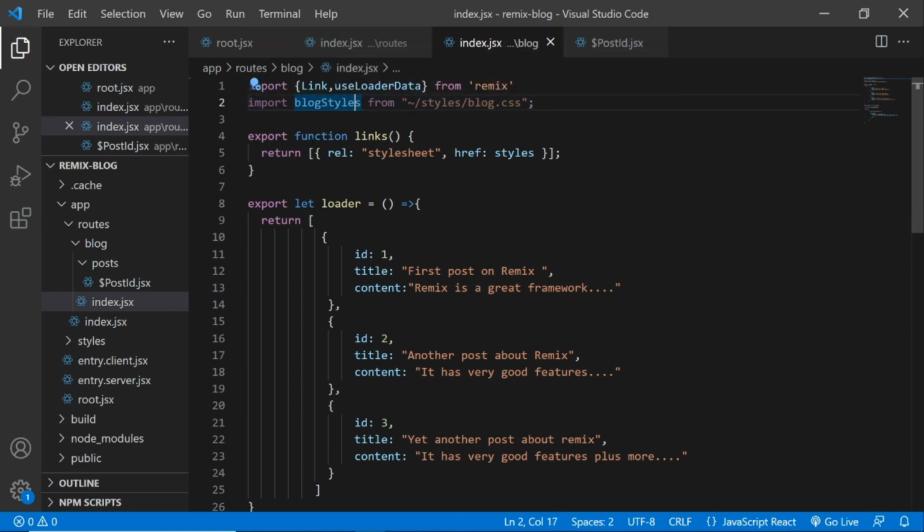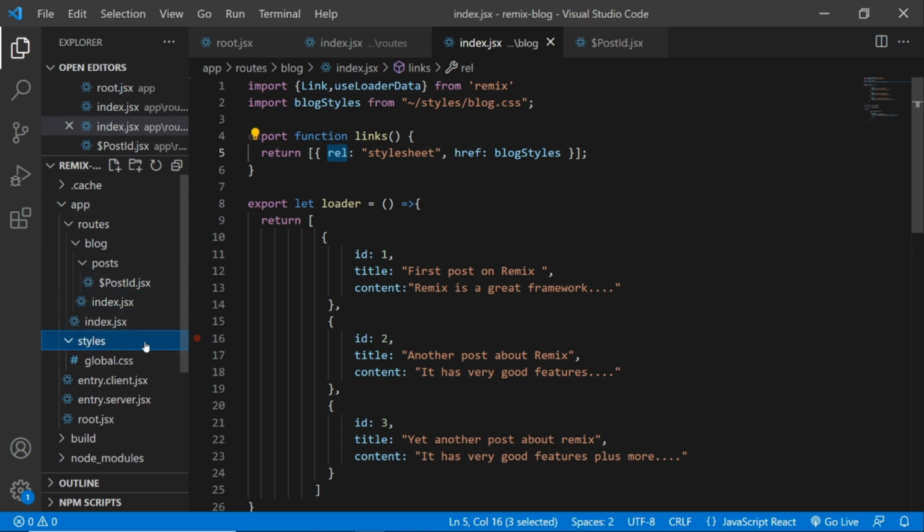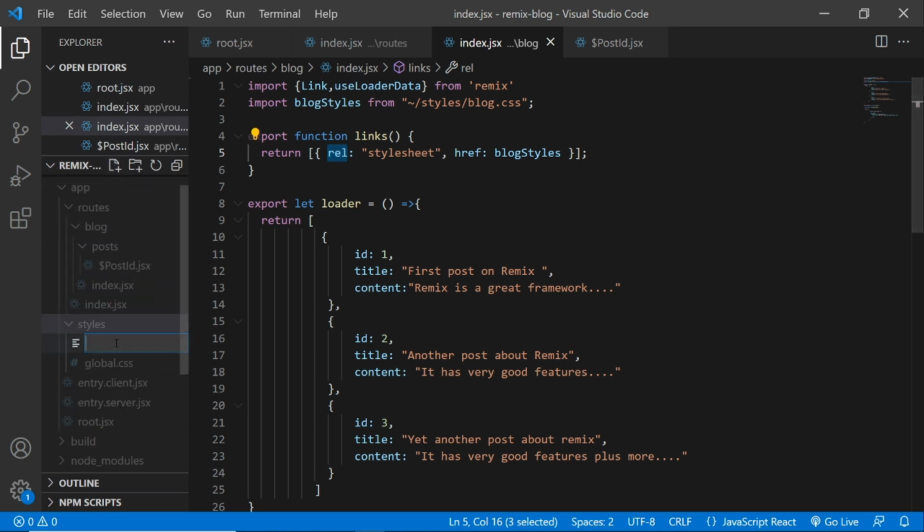Then in the export function, the links hook, I'm going to refer to the blogStyles here, just referring to that name, so it's going to be the same. And the rel is stylesheet. So this imports that style sheet, and we need to create the blog.css. I'm going to go to styles and create a new file called